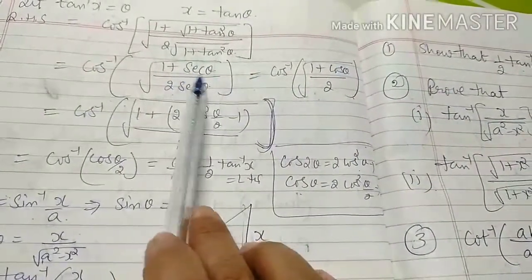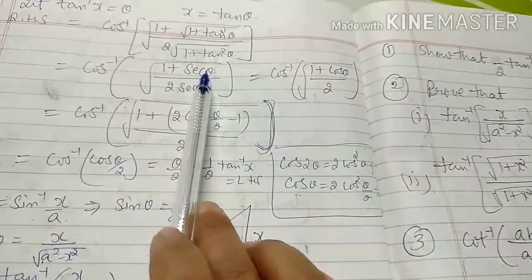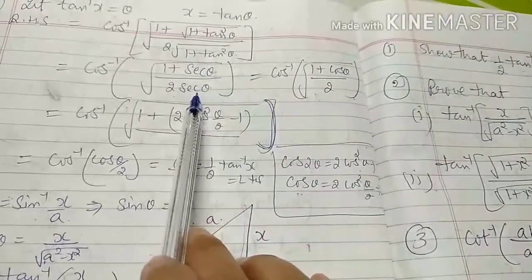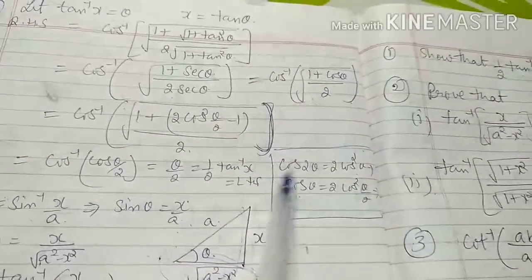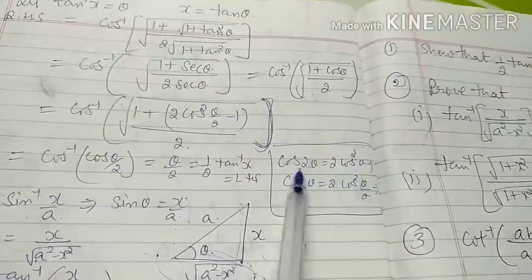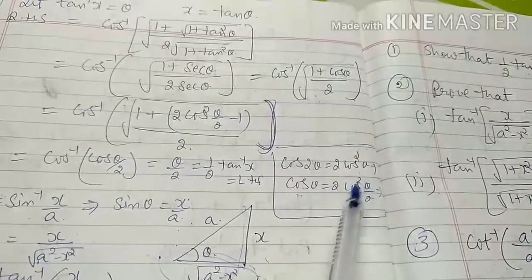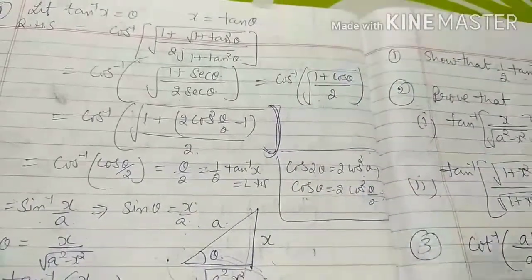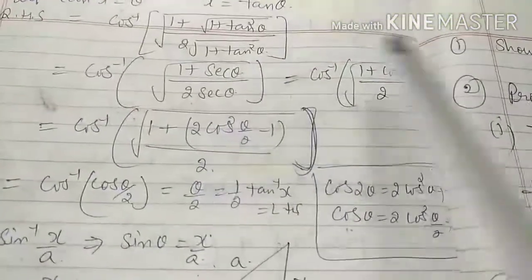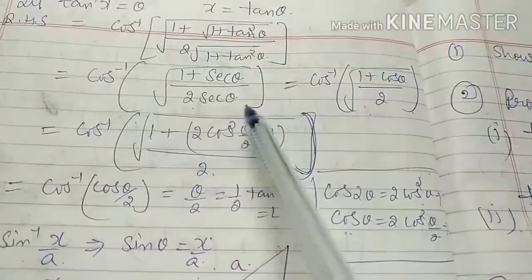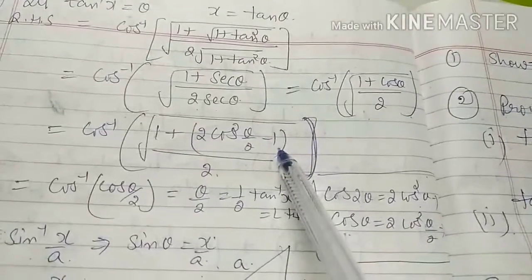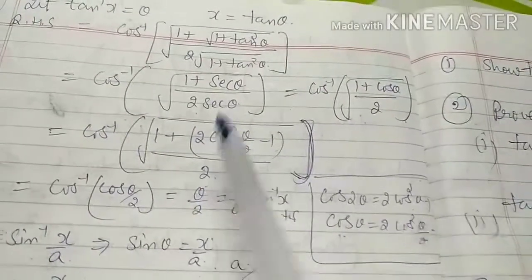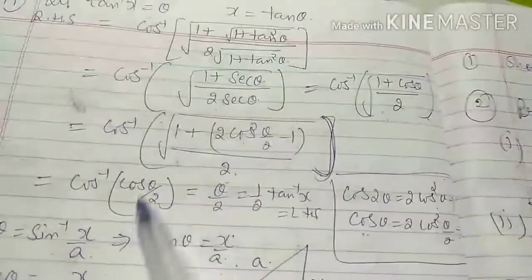Here when you take the LCM of this, open this secant theta as 1 by cos theta and 1 by cos theta, so that gives you 1 plus cos theta by 2, and the cos 2 theta formula is 2 cos square theta minus 1, so cos theta is equal to 2 cos square theta by 2 minus 1. Then you have to solve according to that. When we apply the formula here, cos theta is equal to 2 cos square theta by 2 minus 1. So 1 is cancelled, 2 is cancelled, downward only the square root cancels with the 2,